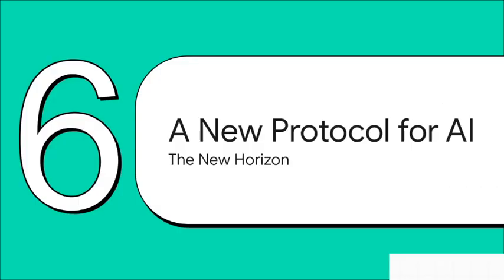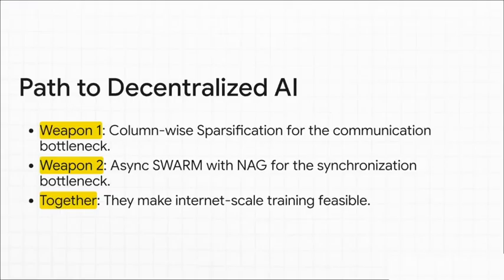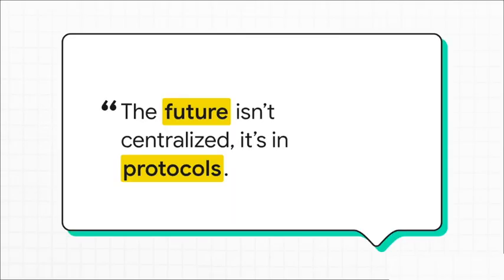So the really crucial point here is that by combining these two powerful breakthroughs, the structured compression to handle slow networks and the asynchronous updates to handle unreliable people, we now have the foundational tools for true protocol learning. We've tackled the communication dragon, and we've beaten the synchronization beast. We've shown a clear path forward that makes this whole idea of training giant models collaboratively over the internet not just some pipe dream, but a practical possibility. This quote from the Pluralist team really captures the entire vision. The future of AI development might not be about building bigger and bigger centralized data centers. It might be about building smarter protocols that allow all of us to work together to pool our resources.